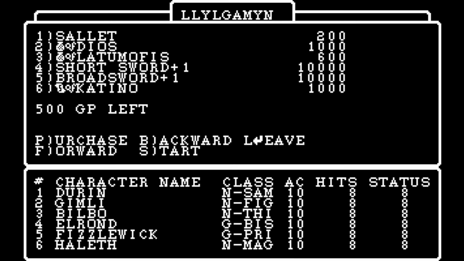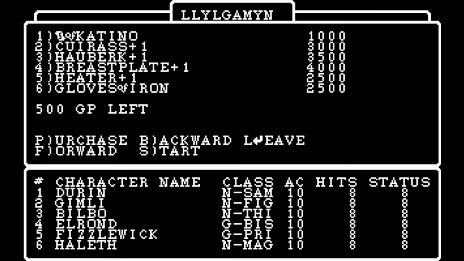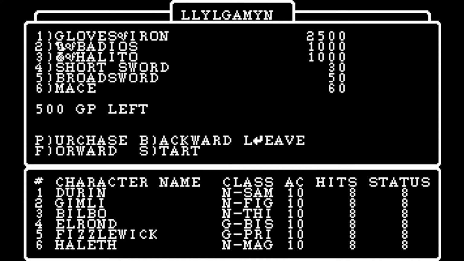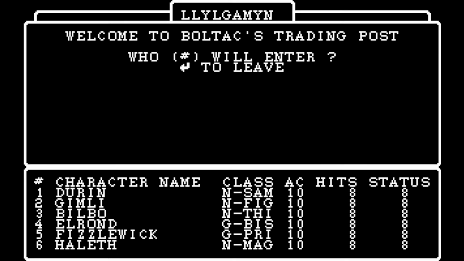Another sallet. And then we have the potion of Dios and Latu Mophis. We have a short sword +1, broadsword +1. Cannot afford those, even if I pull all my money together. Then we have the scrolls for Catino. Then we have the +1s. Not going to help me. The gloves of iron are going to be helpful eventually, but still can't afford those. That's all my money together right now, and then it's circling back around. So we'll actually start with